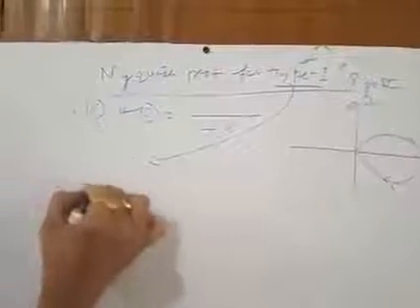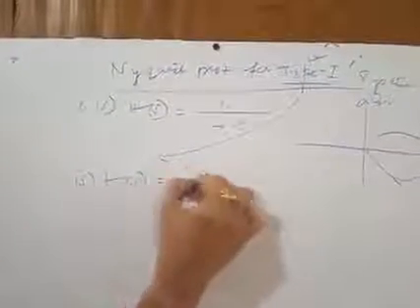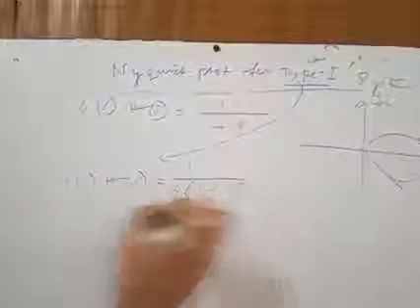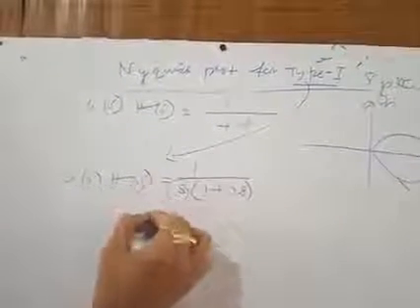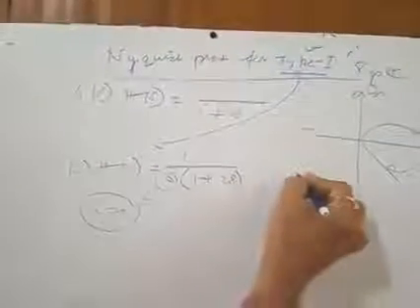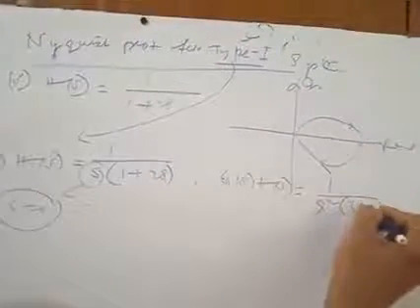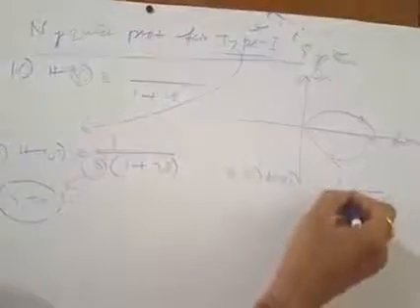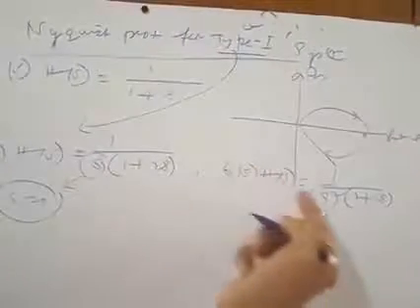Right, now here we are considering one type 1 system. Let the type 1 transfer function be 1 by s into 1 plus 2s. As this is a free s, that means at s equal to 0, this is a type 1 system. And consider one type 2 system: simultaneously we take the transfer function 1 by s square into 1 plus 2s. Now this becomes the type 2 system. If you increase the order of the free s in the denominator, you can get a type 3 system also. The similarity between these is that only this part is common, and this is type 0 system, this is type 2 system.